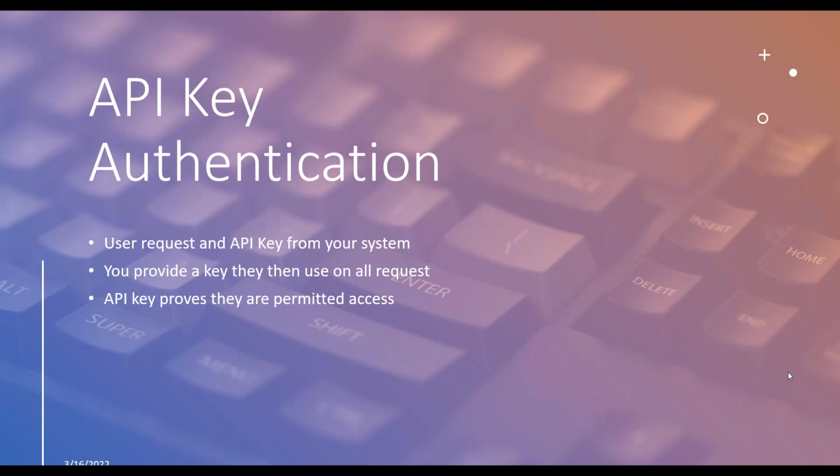We're going to look at API key authentication today. API key authentication is simply the request comes in with an API key that you've given to the user. That key is provided in all requests, typically in the header. And that key also proves that they are allowed to access the resource that you've granted access to. In terms of generating,